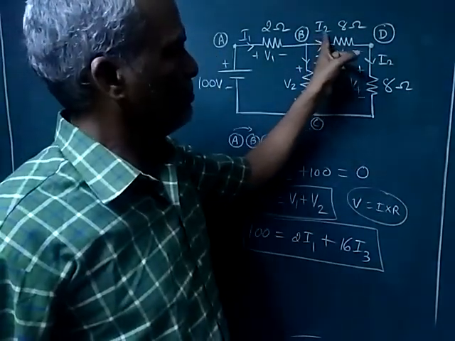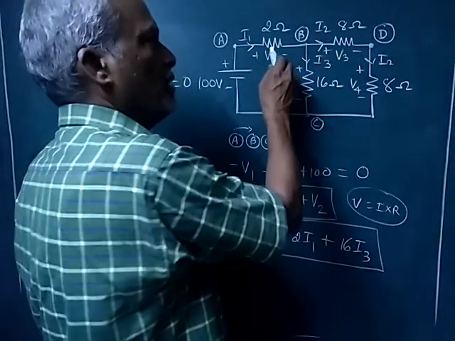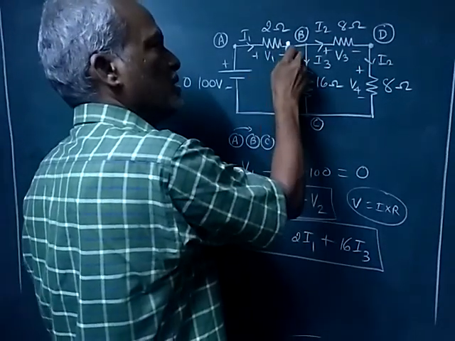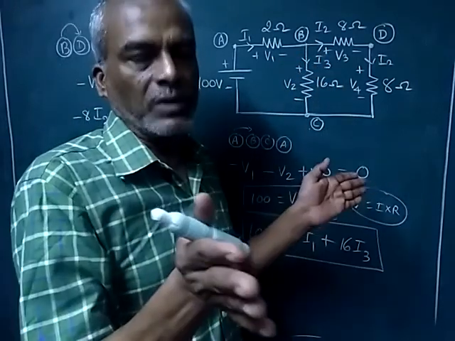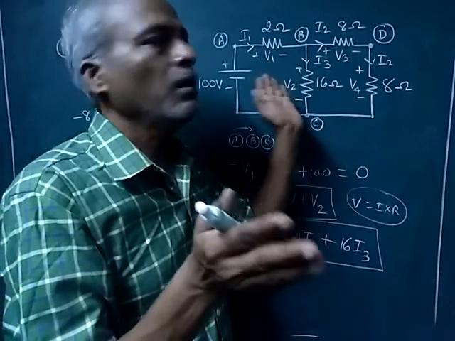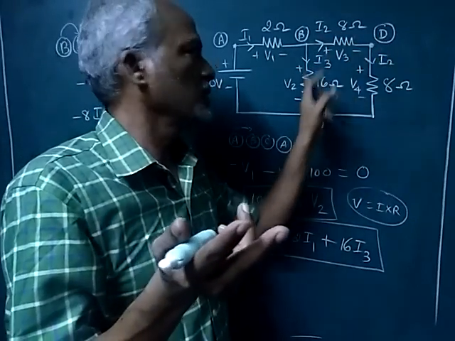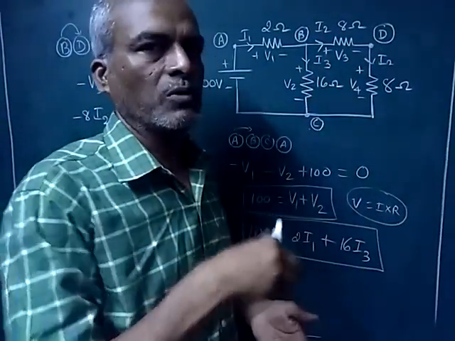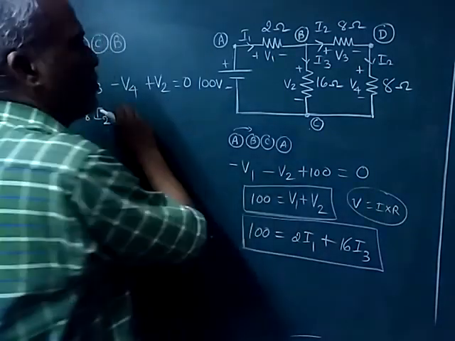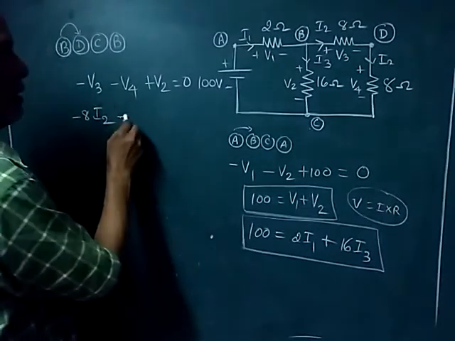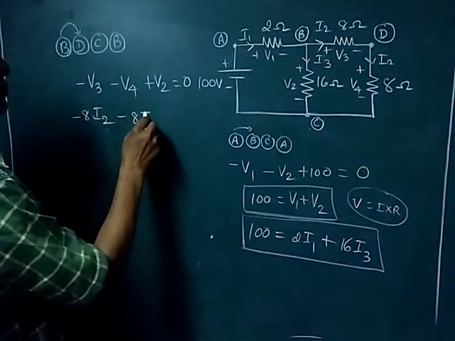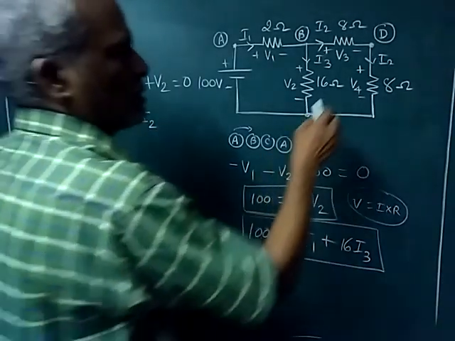Here again, after the resistance it will be I1. Only at this point it has 2 diversions. Therefore in this branch some current, in this branch some current. We don't know, that's what we are going to find out. Now my V4, this drop, fall in potential. So minus 8 into I2. So this is I2.